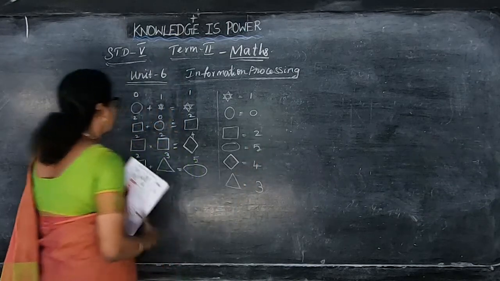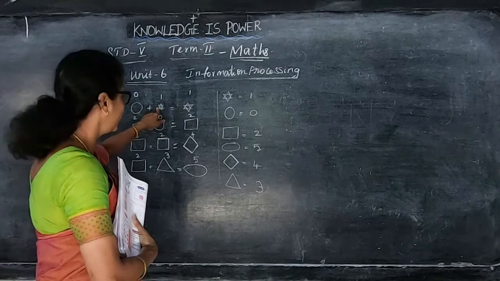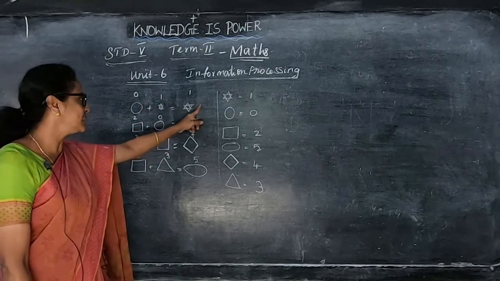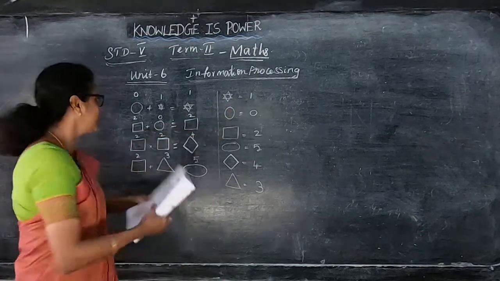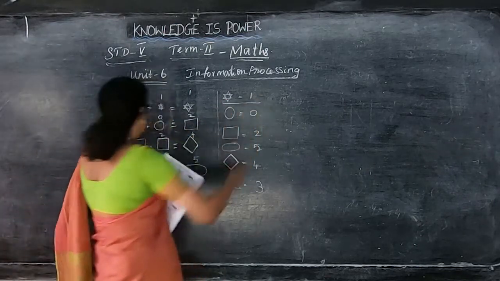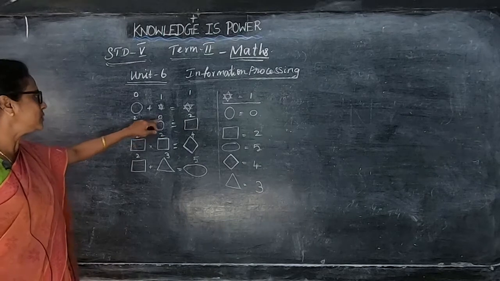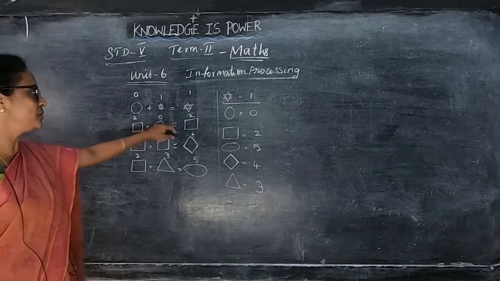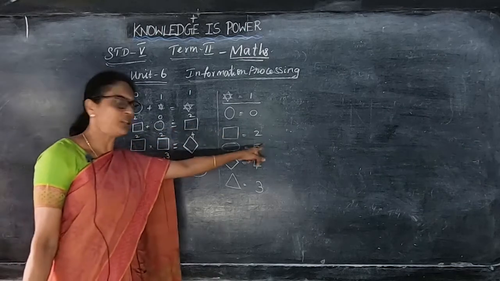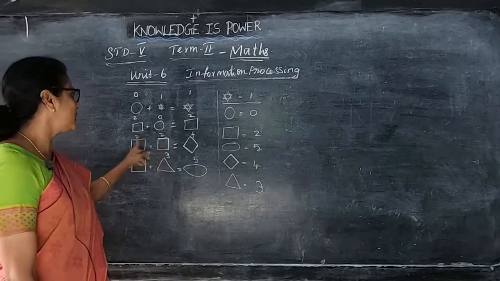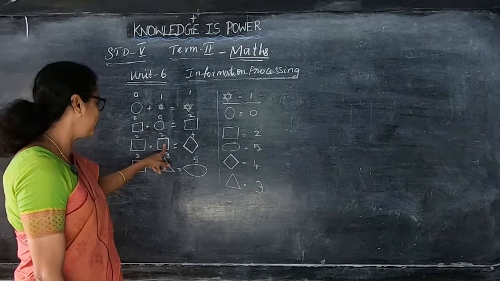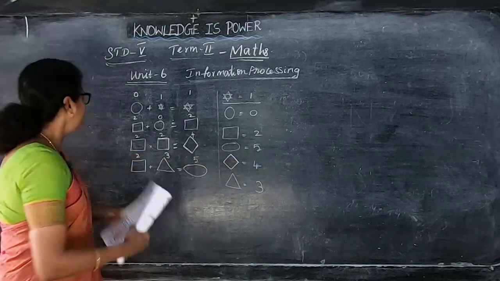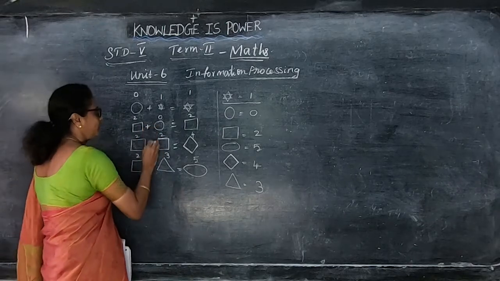Like this you have to find. Can you understand? For star they had already given 1. So I'll put 1. So 0 plus 1 gives 1, star. That is the answer. So already they have given this as an example. Okay. Now if circle is 0, then what can we put for square? We can put 2. So 2 plus 0 that is equal to 2. So put 2 for square. Now there are 2 squares. So 2 squares, 2 into 2 multiplied, we will get 4. So for diamond we can put 4. Here you can see the symbol also they have already given.